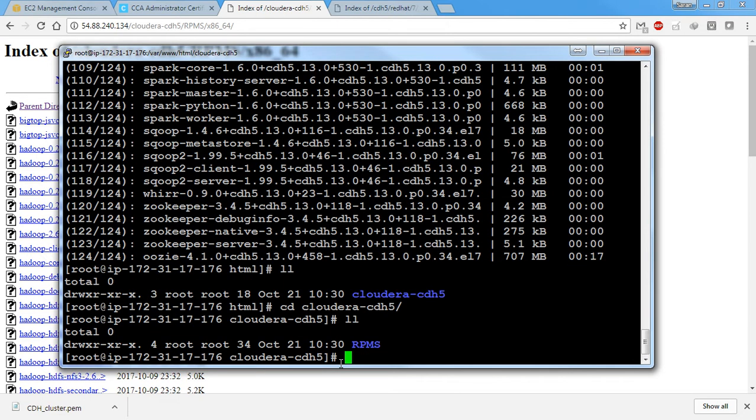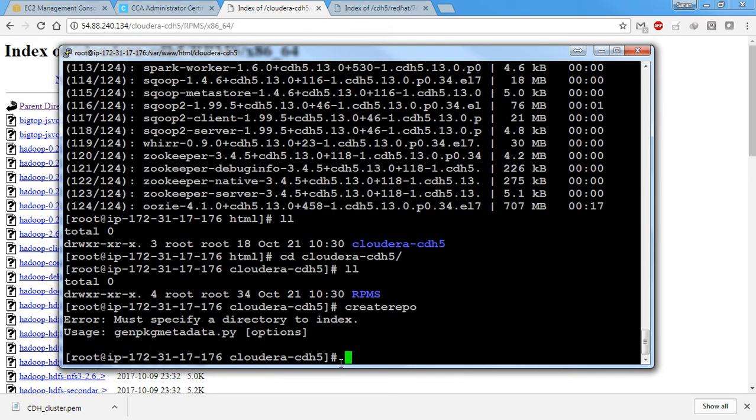Here we need createrepo. This createrepo command will help us in creating a repository out of the packages. It will create or update the metadata required for the yum command so that it can recognize the directory as a repository. Okay, so createrepo